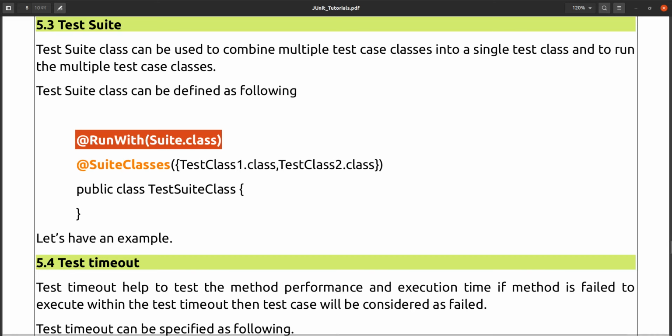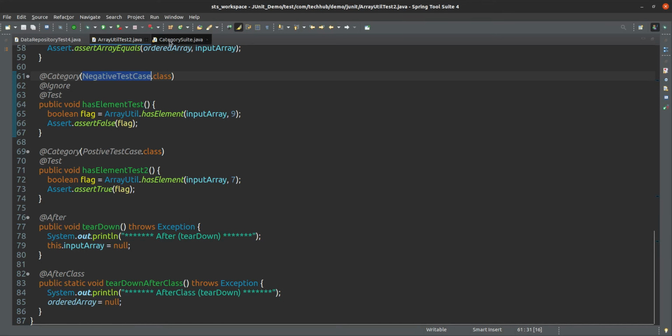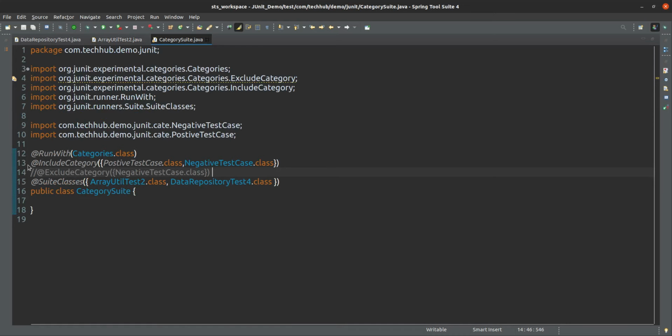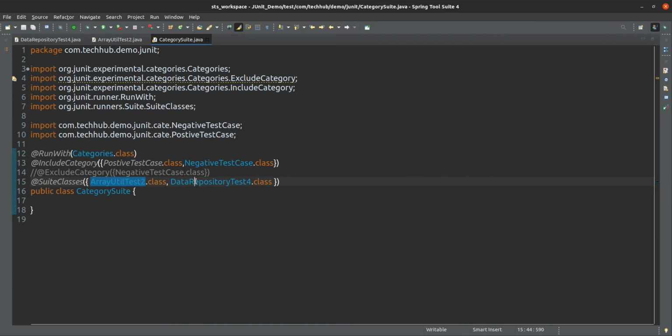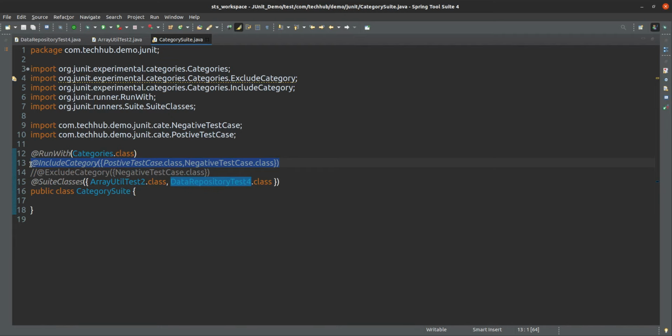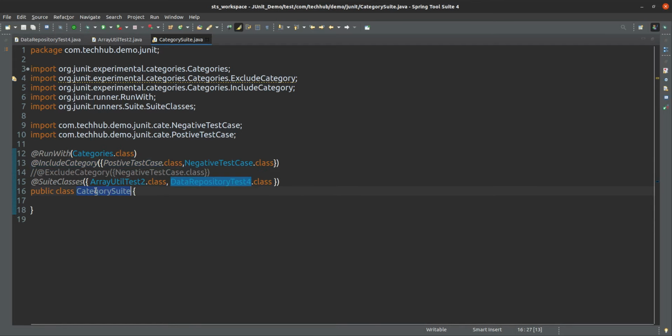Currently what we are doing, if you see here in this category suite, this is also a test suite only, category suite we are giving the name. This is also running how many classes? 2 classes, and from these 2 classes only a few cases, according to category, this test suite is executing. This is also a suite only, but this suite is executing these 2 files, and from these 2 files only a few test cases